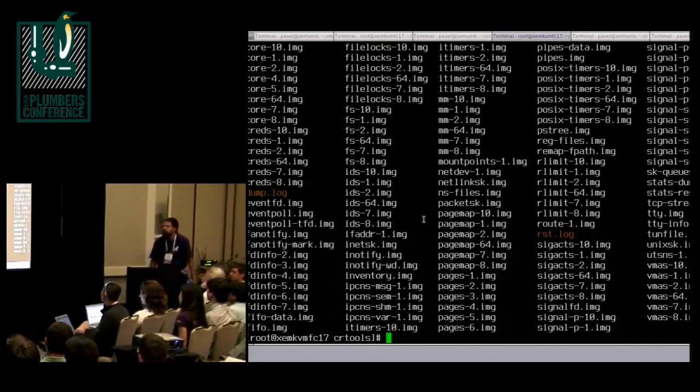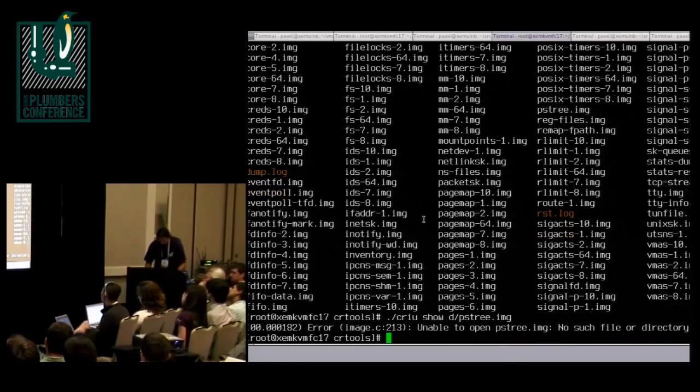What is produced by CRIU is a bunch of files, each one containing some information about process. They are all encoded in protocol buffers format. To explore them, you can use the show command, for example, the